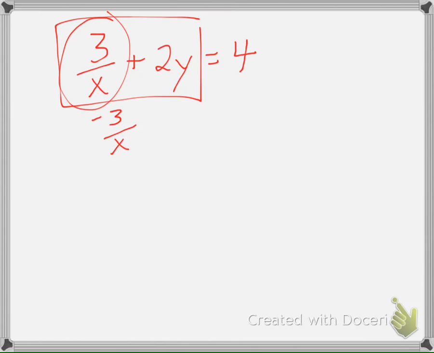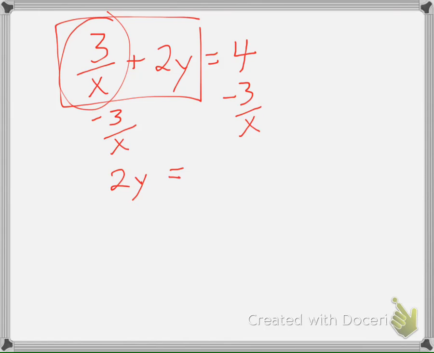It's just a number. We don't know what number it is. I mean, x could be 1 and that could be 3. X could be 2 and that could be 3 halves. We don't know. But whatever it is, it's still a number. You can treat it like a number. Don't get scared just because it's a fraction with a variable on the bottom. Okay? It's still a number, which means I can add it, subtract it, all the stuff I can do with any other number. So I'm going to subtract 3 over x from both sides, and I get